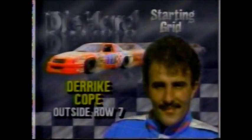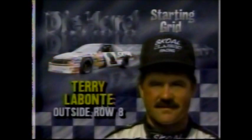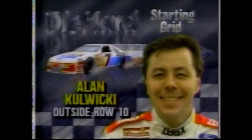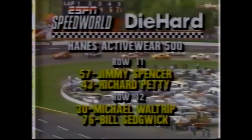The seventh row is Bill Elliott, the number 9 Coors Ford, and Derrike Cope, the Daytona winner, the number 10 Purolator Filters Chevrolet. The eighth row has Kyle Petty in the Peak Pontiac and Terry Labonte in the Skoal Classic Oldsmobile. The ninth row, defending Winston Cup champion Rusty Wallace in the Miller Genuine Draft Pontiac and Butch Miller in the IGA Chevrolet, car number 98. The 10th row, Davey Allison, the Texaco Havoline Ford number 28, and the Xerox Antifreeze Ford car number 7, driven by Alan Kulwicki. And we take a look at the rest of the starting lineup as the field is now